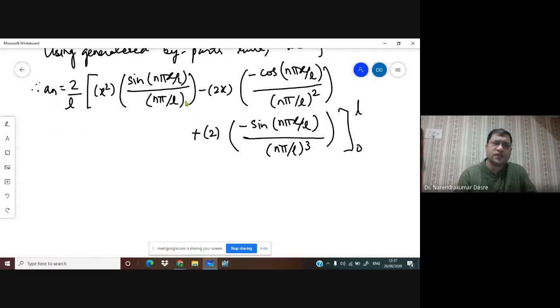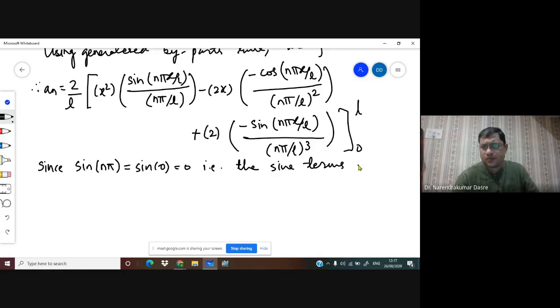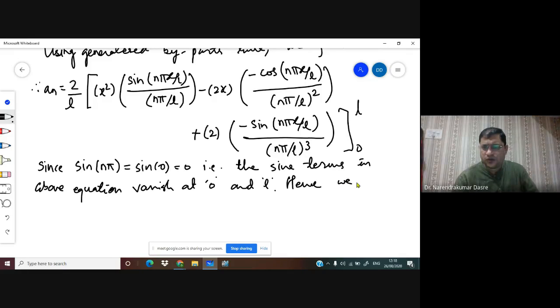Now what we know as usual, this sine term is going to be 0, this sine term is going to be 0 at 0 also and at L also, because at L it will become sine of n pi. This will also become sine of n pi. And we know sine of n pi is equal to sine of 0 is equal to 0. That is, the sine terms in the above equation vanish at 0, and hence we have